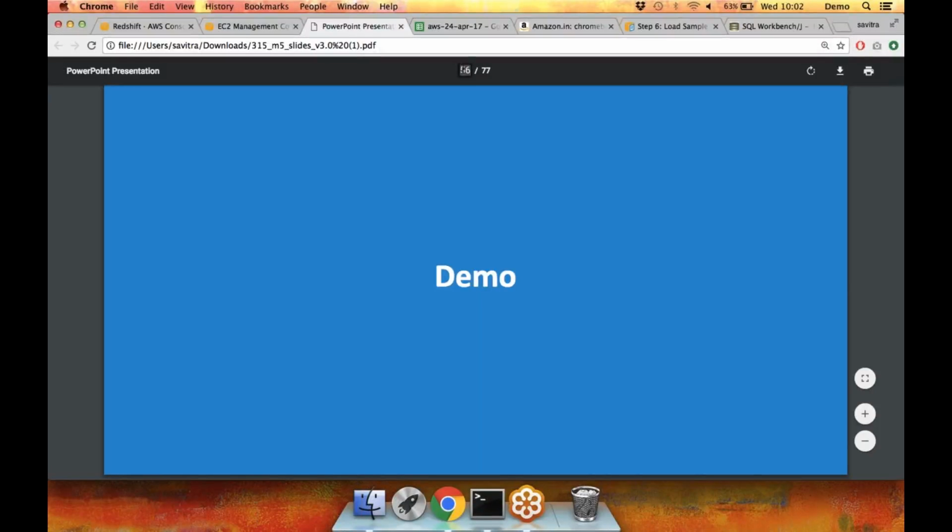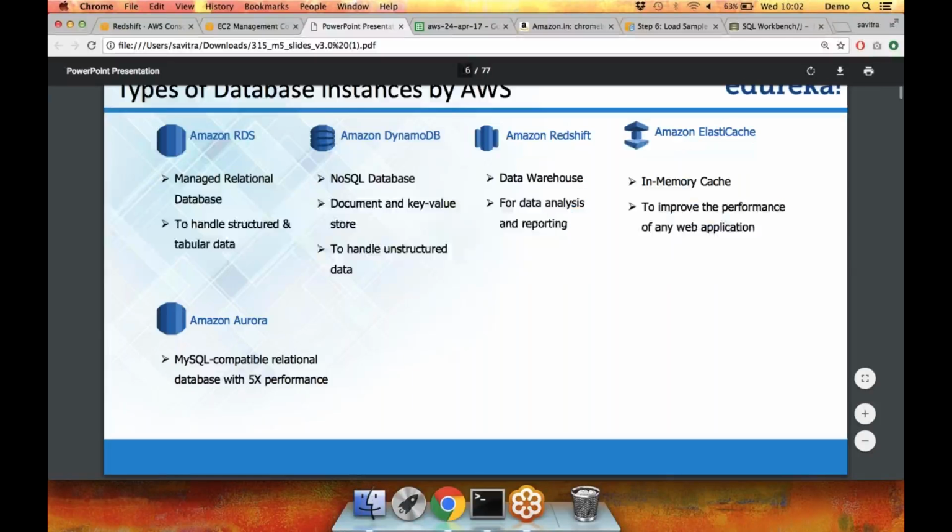So we have looked at 4 database technologies: RDS, which is for relational databases; DynamoDB, which is for NoSQL. You don't have to use DynamoDB; you can use MongoDB or Cassandra on EC2. Redshift is a petabyte scale data warehousing technology, and Elasticache is an in-memory cache. It's a database, but in memory, and you have to combine Elasticache with RDS or DynamoDB. All right. So we have looked at these 4, and like we discussed earlier, one of you asked this question,